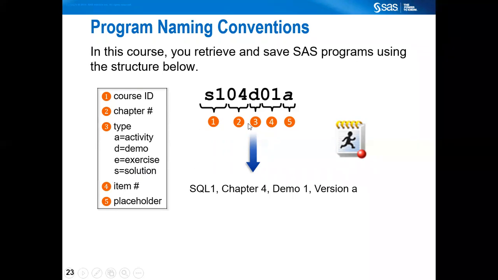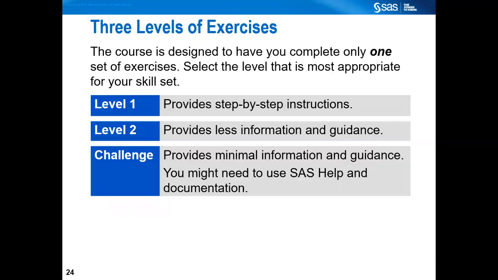Then the item and placeholder, and that means the version. All right. So it's demo one for lesson 4 for the SQL training track. Okay, S1. So during your training, you are familiar now that you have certain exercises provided, and those exercises are of 3 levels, level 1, 2, and 3, which is challenge. All right. So challenge level 1 is